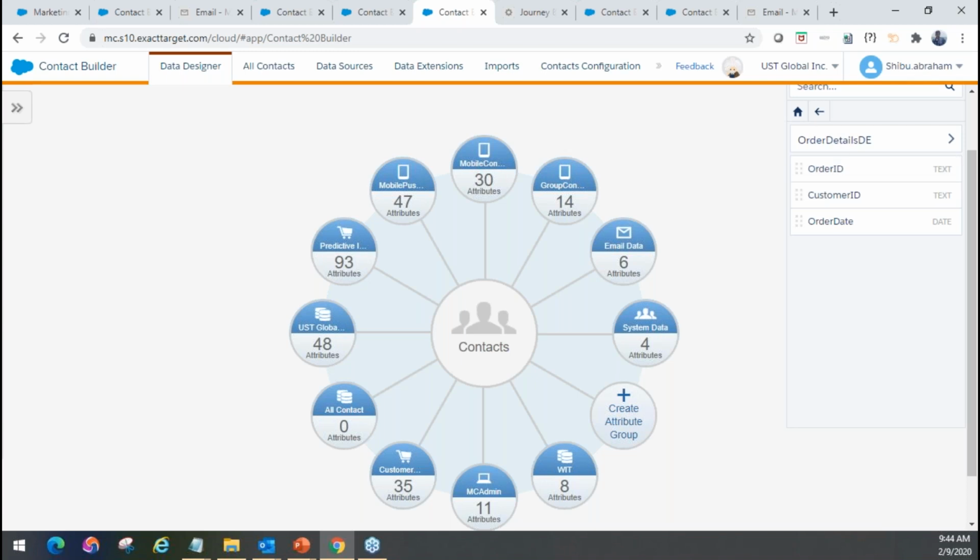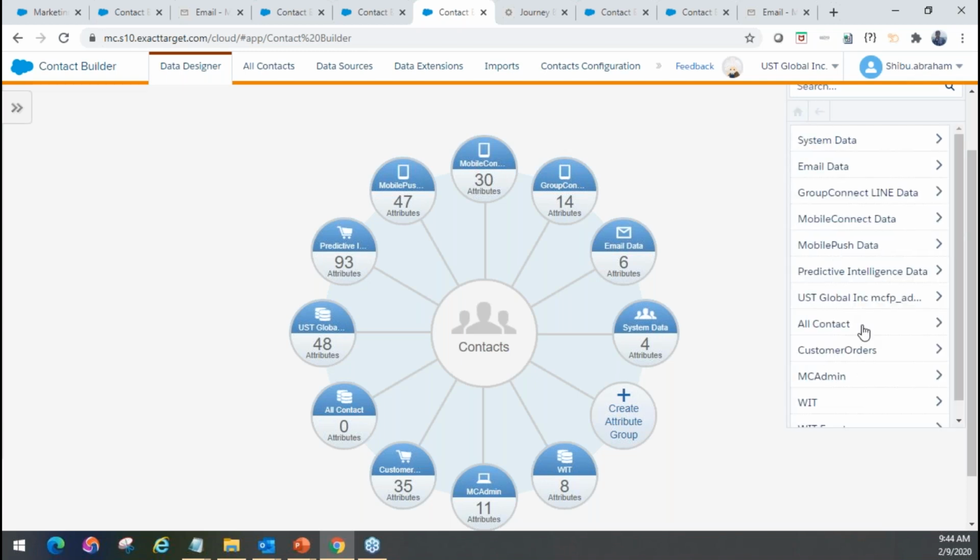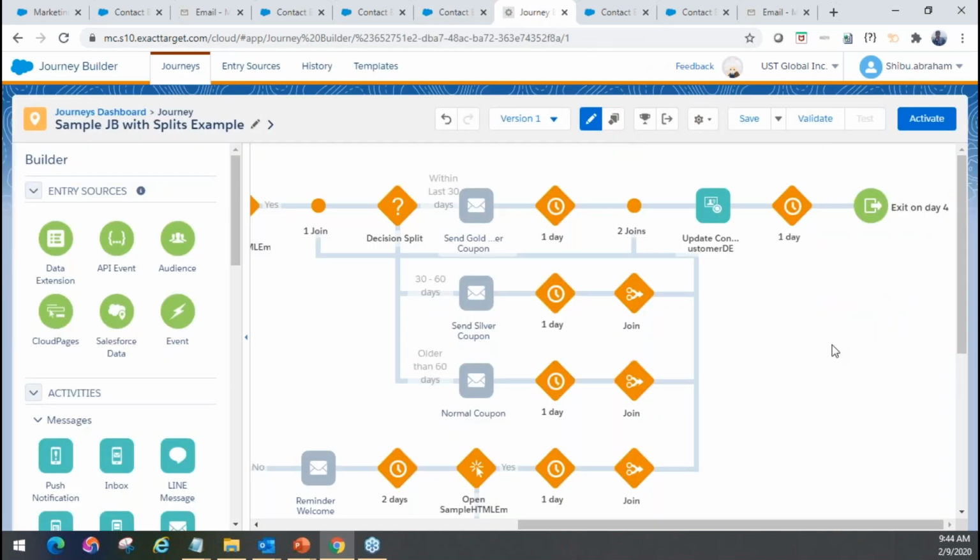So that's the flexibility of having those linkages done, and you'll be able to see this data in other applications like journeys. Like if I go into a journey. So for those of you who are new to Marketing Cloud,